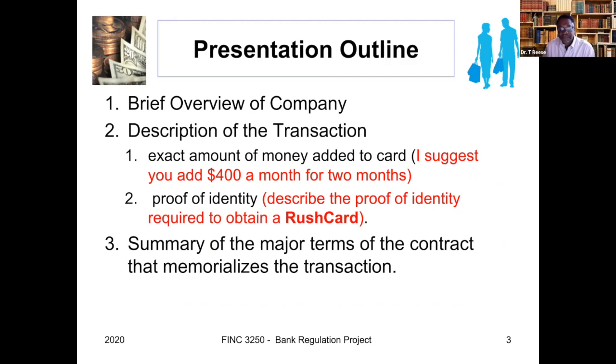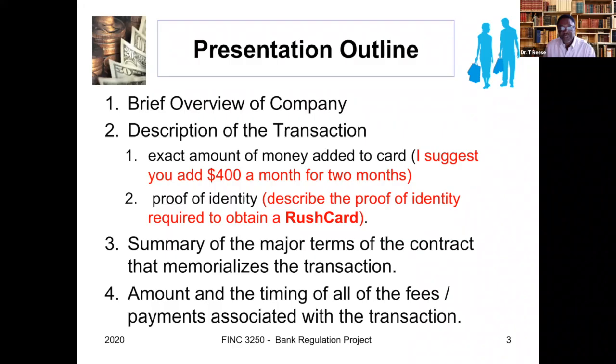debit account. Again, you should walk the listeners through all of that in your audio narration, which you're going to add to the PowerPoint presentation. And then finally, you should identify the timing of all fees associated with using the card over the 2-month period. Again, I suggest you use an example where you add $400 a month